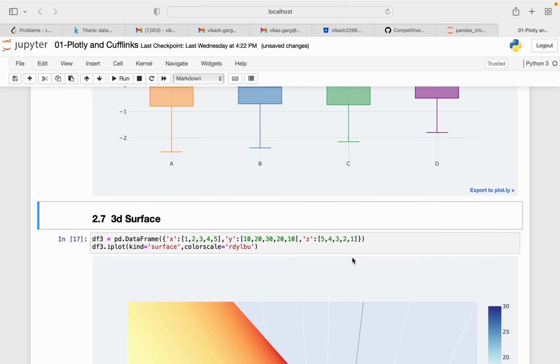Now 3D surface. Plotly has one of the great advantages that you can build very good, representative, you can say, visualizations over the data, which can represent the entire information of the data in a visual form, which a person from a non-tech background can also view and conclude certain results.